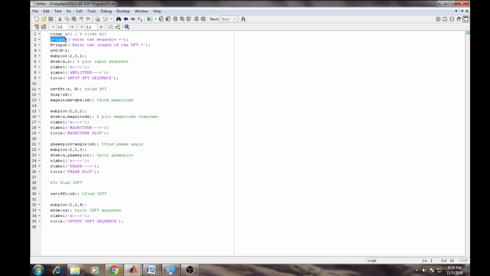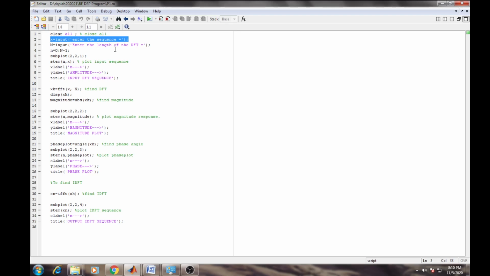x is equal to input in brackets, single quote, enter the sequence, single quote, round bracket complete, and semicolon. Okay, now input is a function.